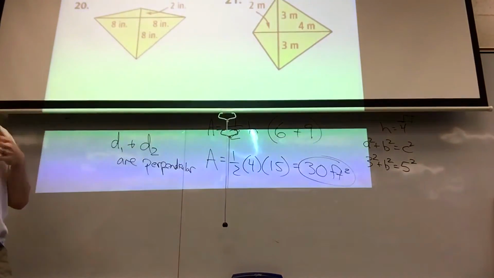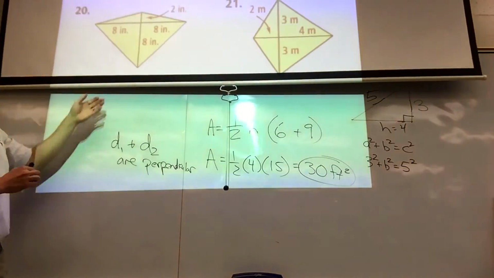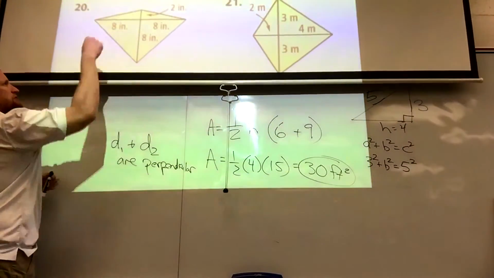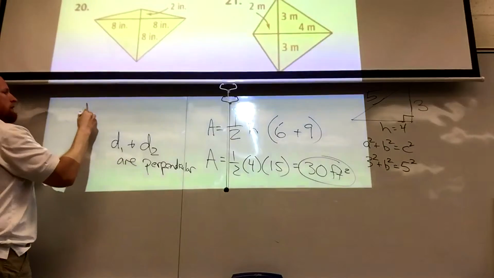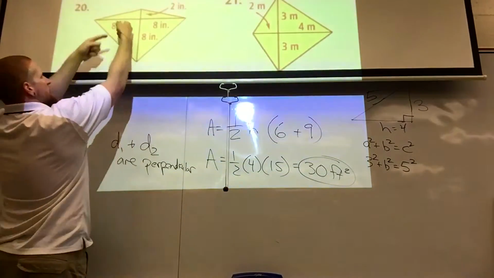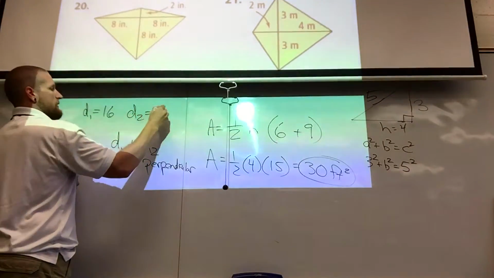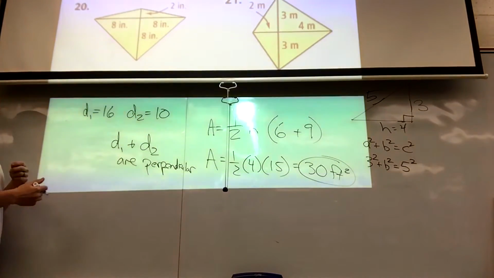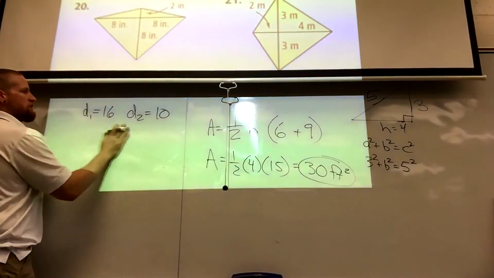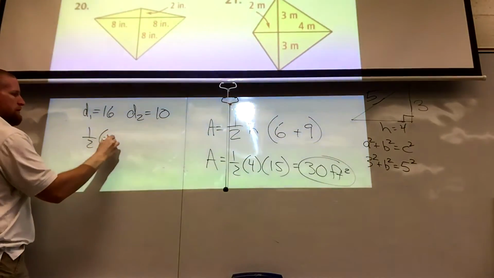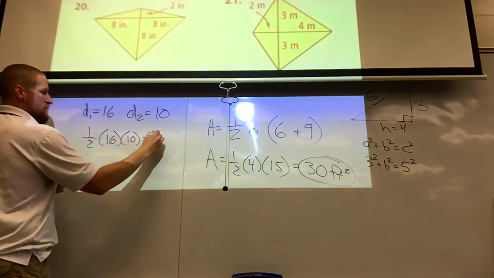You're only going to do an adding if you need to get the entire length. Because for here, D1, let's say this is diagonal 1, that would be 8 plus 8, which is 16. And the other one would be 10 because it's 8 plus 2. So when you do your work, it's just going to be 1/2 of 16 times 10, which is